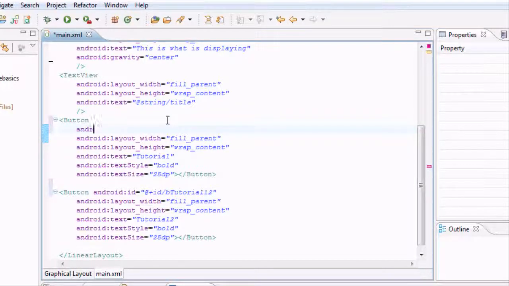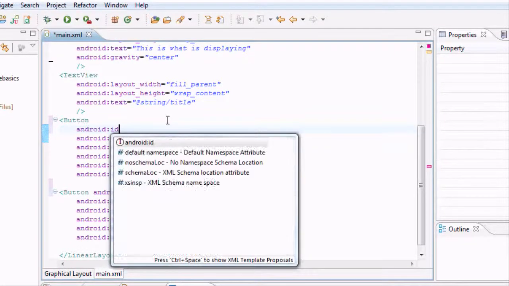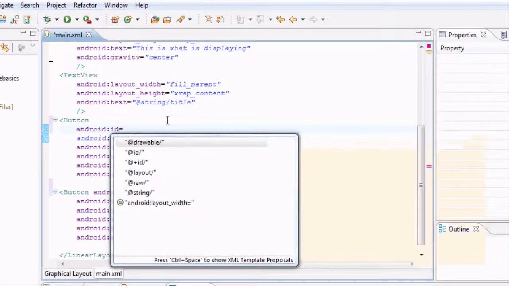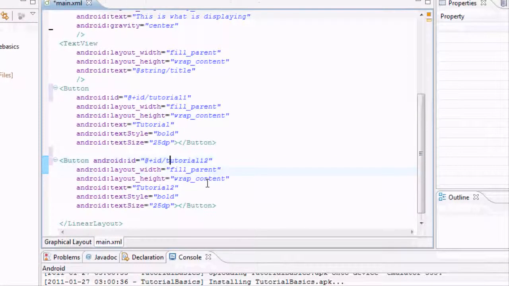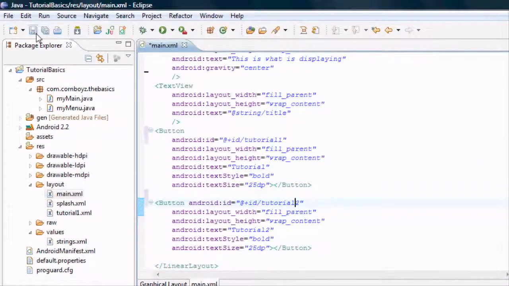Again, it's just android:id equals @+id/button tutorial1. And then this one you should already have a reference, and we're just going to call it tutorial2. I had it at 12, so you want to change it to 2. And then we're just going to save, and we're going to